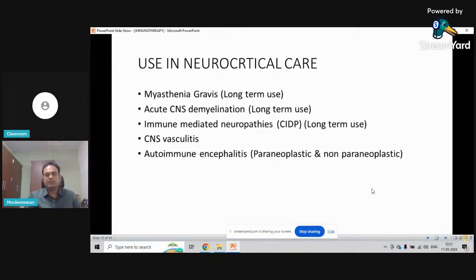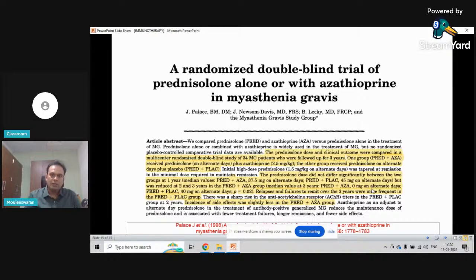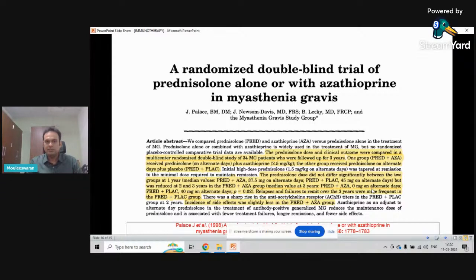So coming to the use of cell cycle inhibitors in neurocritical care, it is recommended as a maintenance therapy for long-term use in myasthenia gravis patients, for long-term use in acute CNS demyelinations, and in immune-mediated neuropathies, CNS vasculitis, and neoplastic and non-paraneoplastic autoimmune encephalitis. So this is a study where they compared patients receiving prednisolone as well as prednisolone plus azathioprine